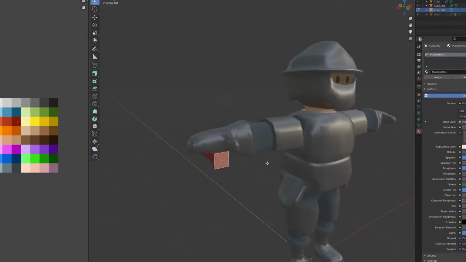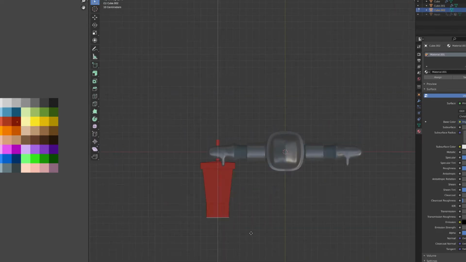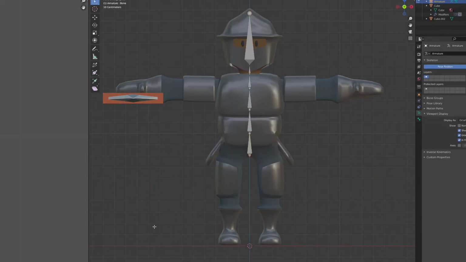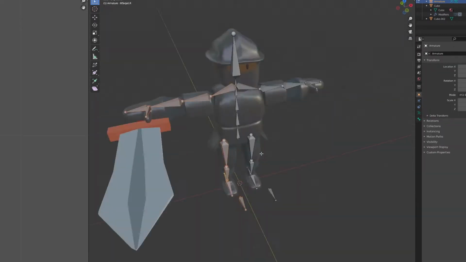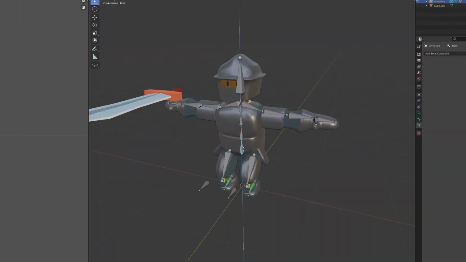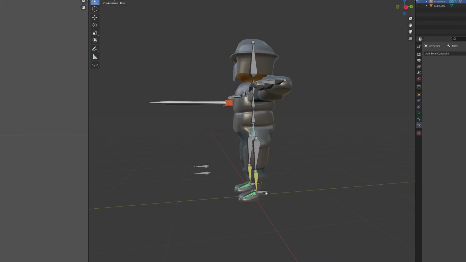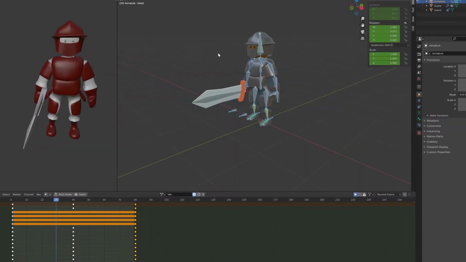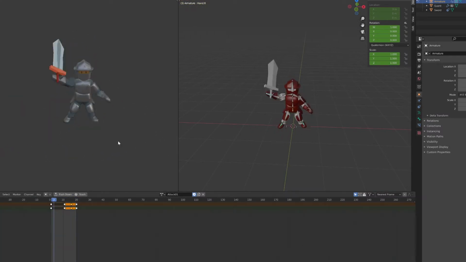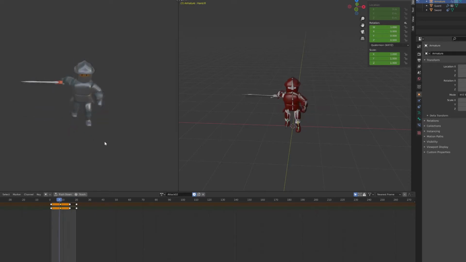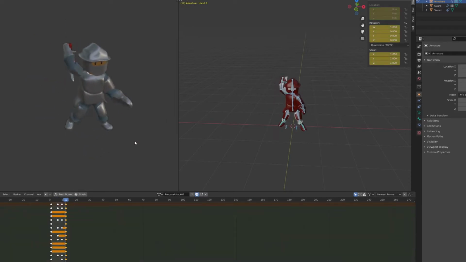Next, I had to rig the character, so I can animate him. It's a complex subject, but I think that I'm getting used to it, at least for these simple characters. With the rig done, it was time to do the animations. I wanted to create more animations than I did for the main character. I will need idle, walk, and run animations for the basic behavior. For the combat, a couple of attack variations, in addition to their corresponding preparation animation.